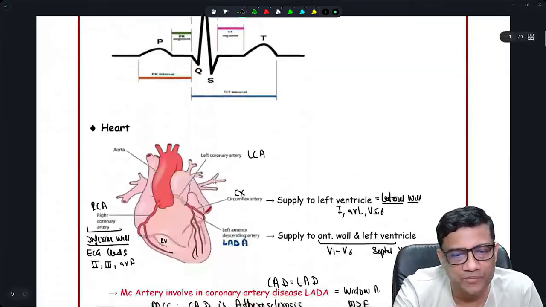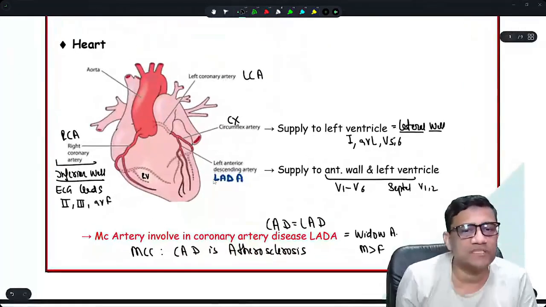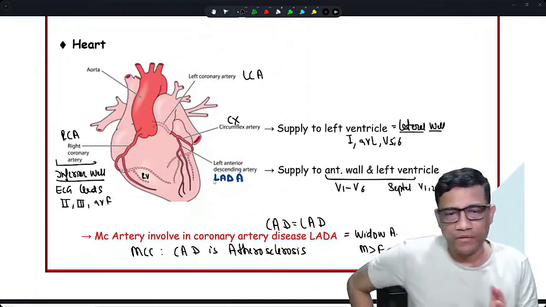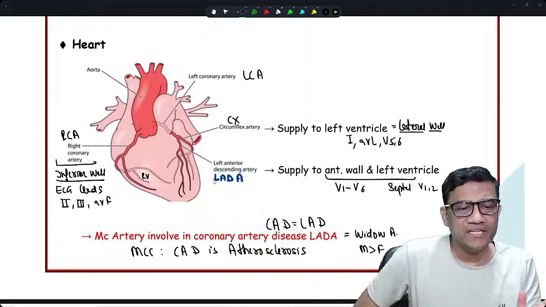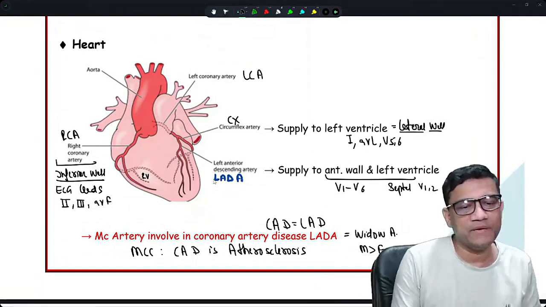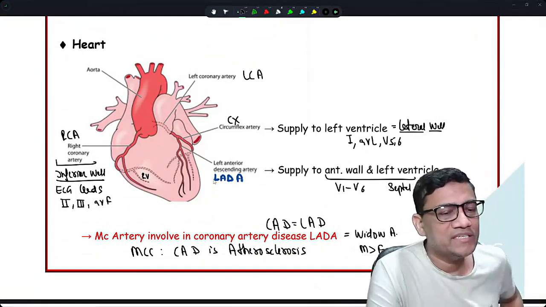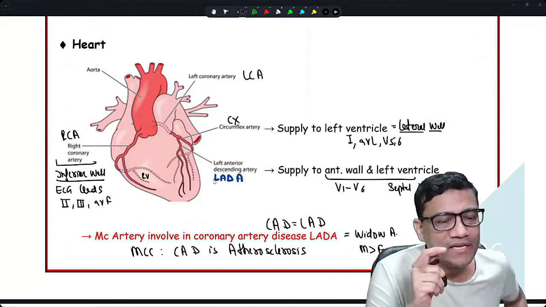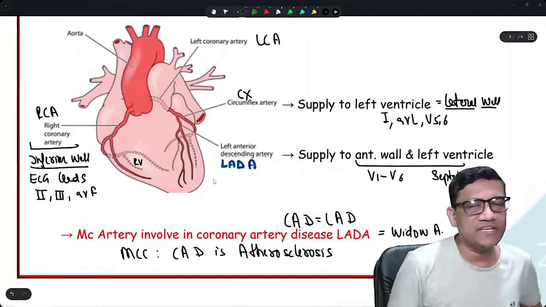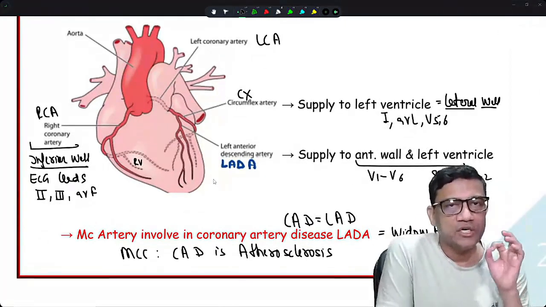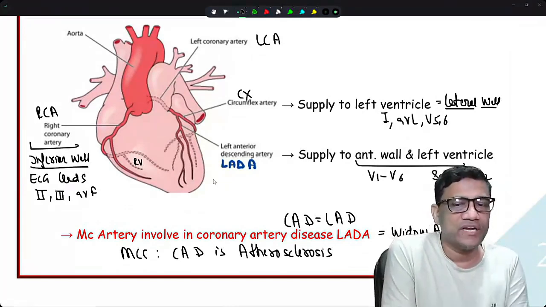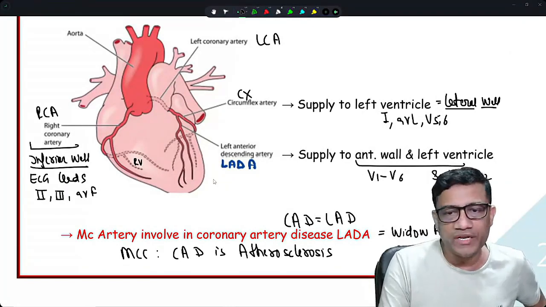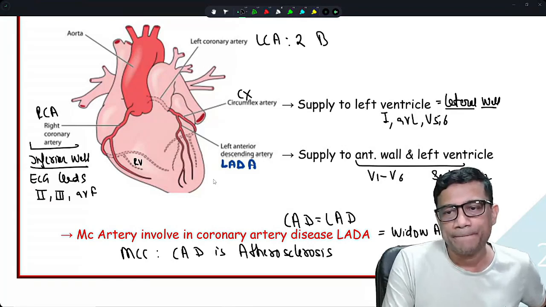Done. Let's talk about the heart. What is the blood supply of the heart? So let's have a look. First, in the heart the inferior wall is made by the right ventricle and it is supplied by the right coronary artery. So what is the right coronary artery? Supplying the inferior wall, and it is given in the ECG by what leads? 2, 3, AVF. Whereas the left coronary has two branches,